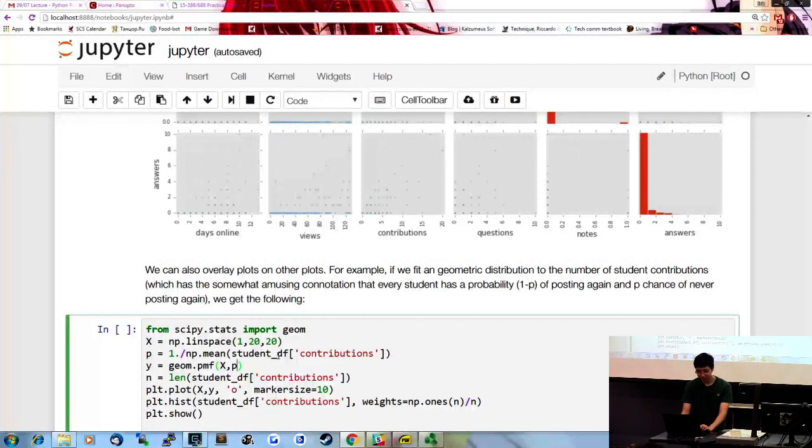and fit a geometric distribution to them, which has the amusing connotation that if a student follows a geometric distribution of posting on Piazza, then they have a probability p of never posting again and a probability 1 minus p of posting again on Piazza, if you believe this model. Note the disclaimer: it may or may not be what we actually use to estimate the distribution of this class. But we're going to fit a geometric distribution and then plot the geometric PDF on top of